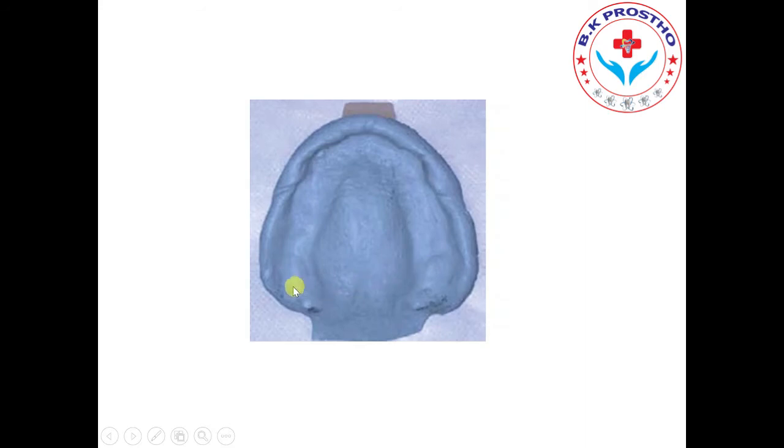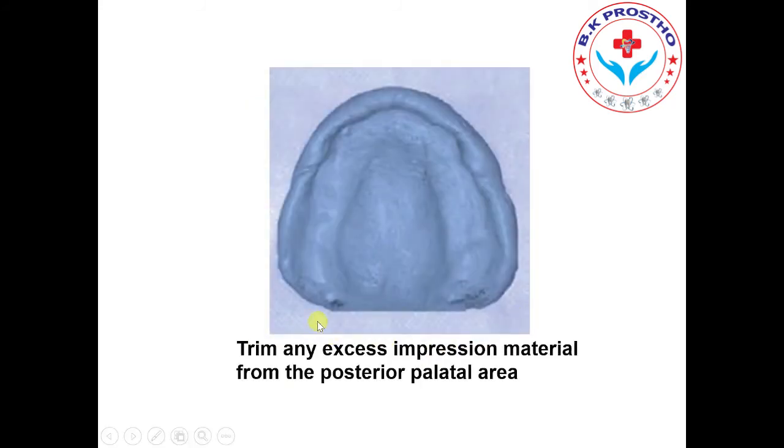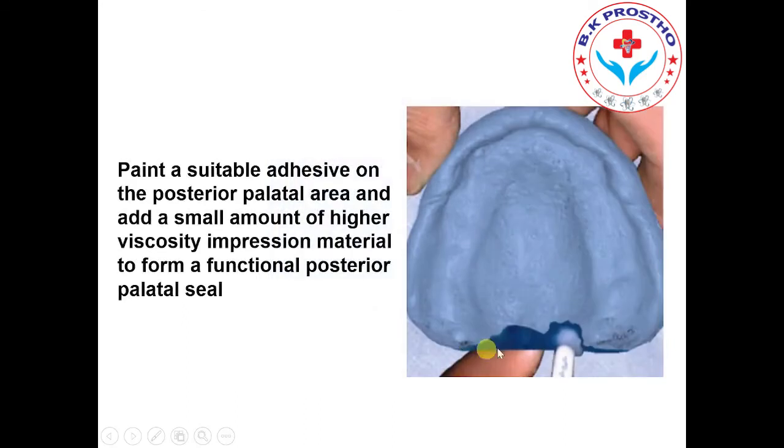There is no show-through of the underlying tray on the border of this impression. The cranium is properly recorded here. There is an excessive flow of impression material behind the post-dam area. So this material needs to be trimmed. With the help of the scalpel, you can see this excessive material has been trimmed here, and this post-dam area